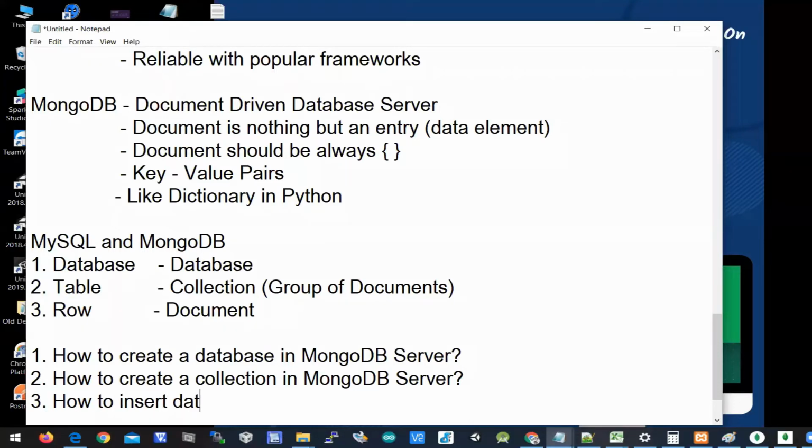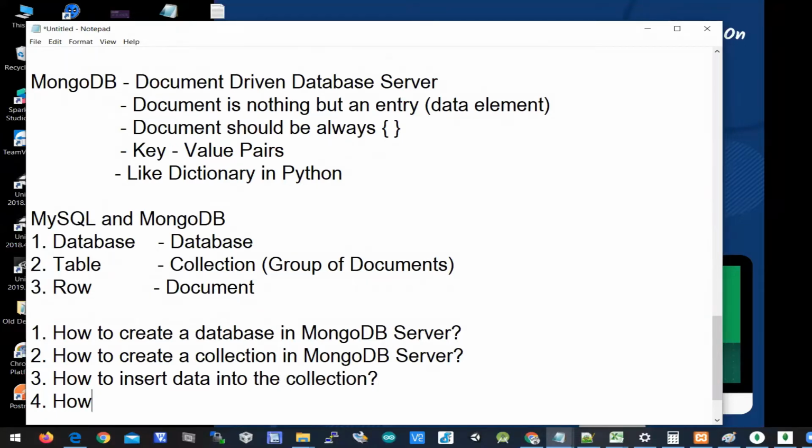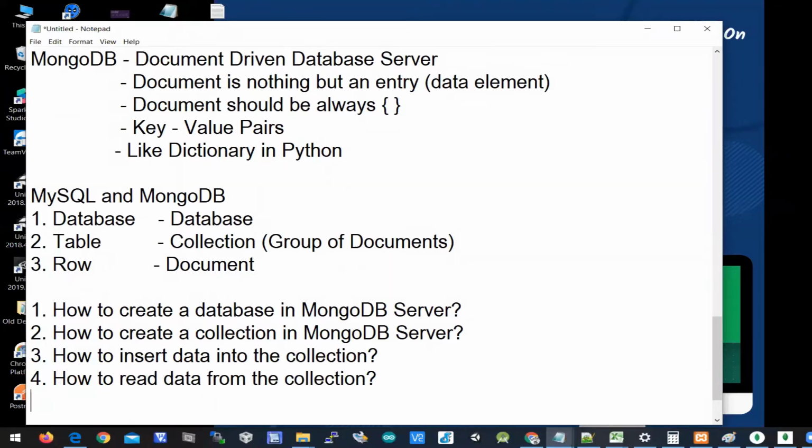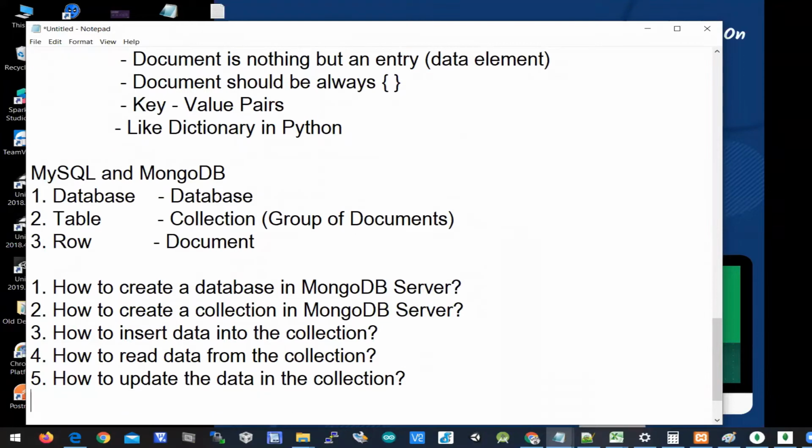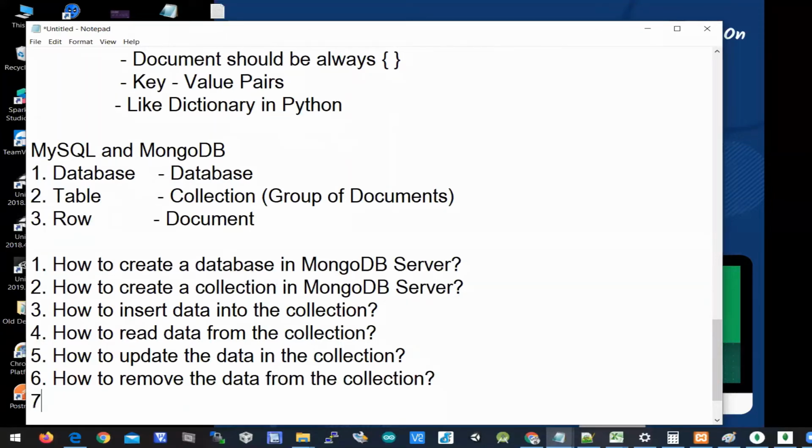how to insert data into the collection, how to read data from the collection, how to update the data in the collection, how to remove the data from the collection, and I'll show you how to delete a collection and database.